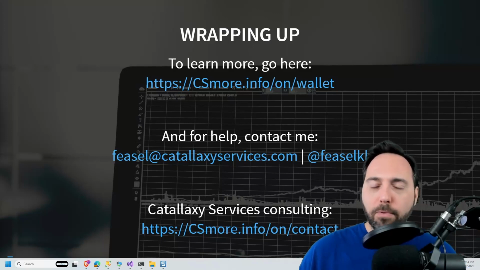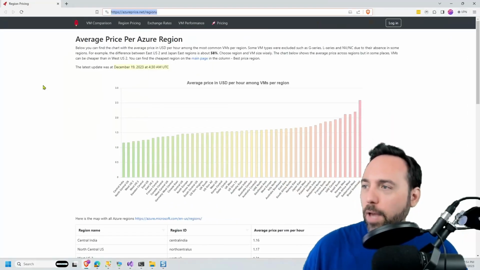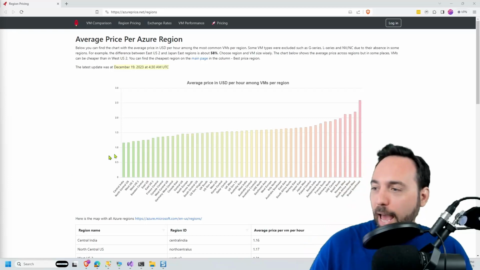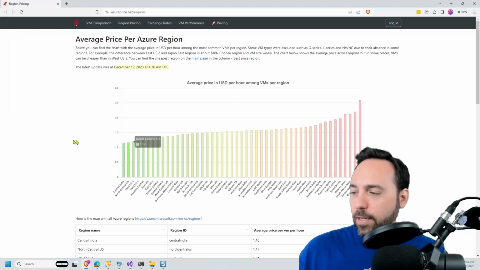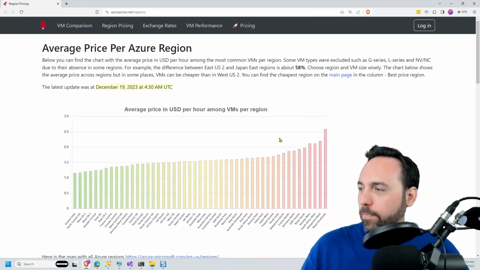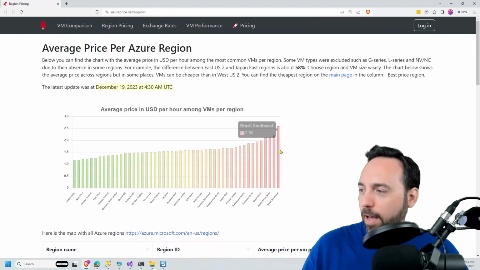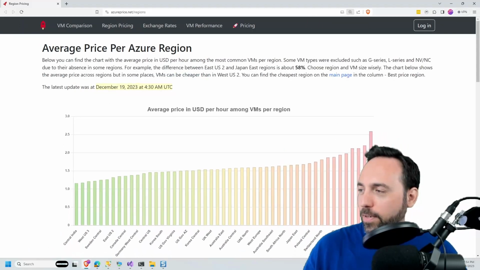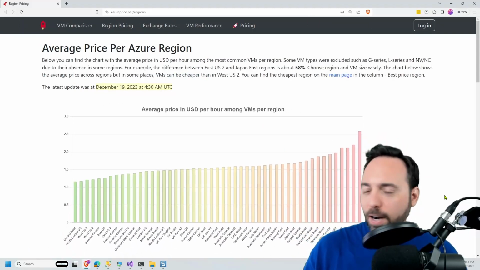Let me see if I can pull up one of those links for pricing by region. Yeah, actually, this is a good one. Okay, AzurePrice.net. I have looked at this one before, and here's what we're talking about. I increased the size so that you would see the full chart.